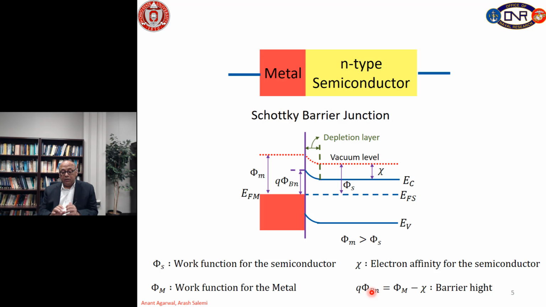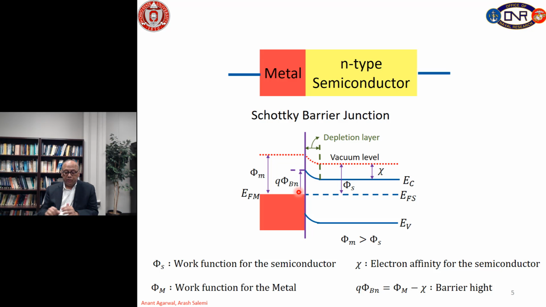But in equilibrium, it is good to understand that electrons move from semiconductor into the metal side, leaving positive charge behind, which sets up an electric field which counteracts the flow of electrons from semiconductor to metal. And in equilibrium, no net electron flow is happening, meaning no net current in this diode, and an equilibrium is set up with a barrier phi Bn inside the system,